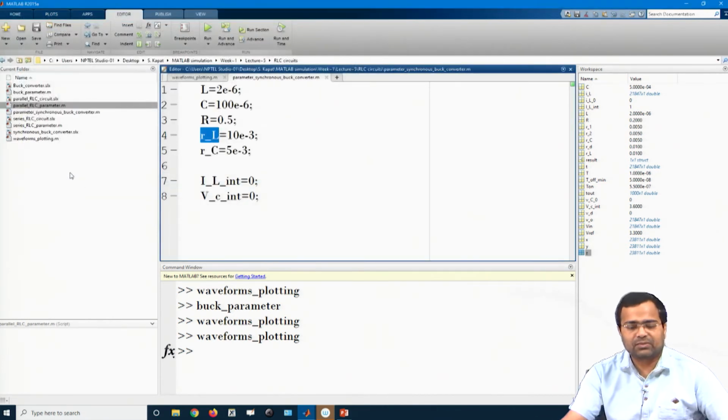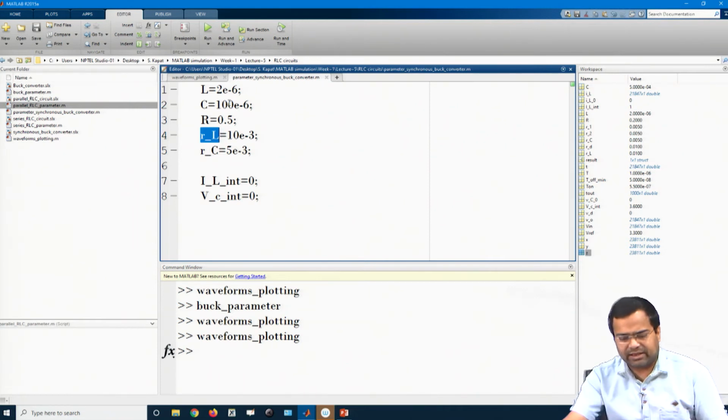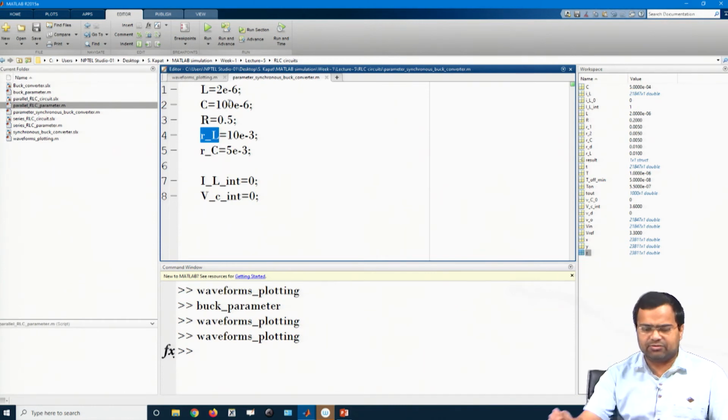In this parameter file, we are keeping the same L, C, R, load resistance, everything similar value. Let us say we can change this value, there is no problem.